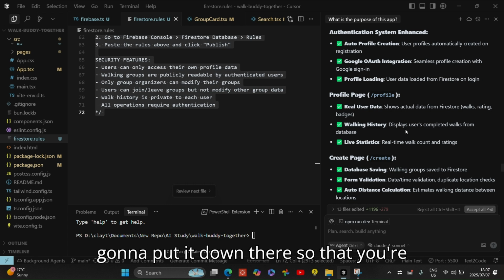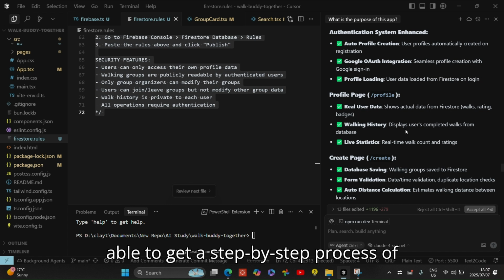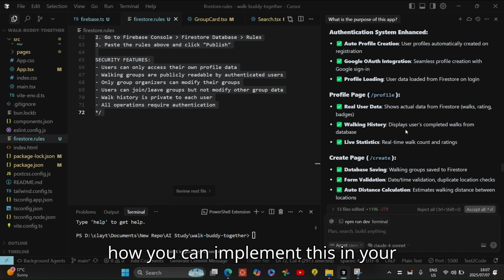There's going to be a task. I'm going to put it down there so that you're able to get a step by step process of how you can implement this